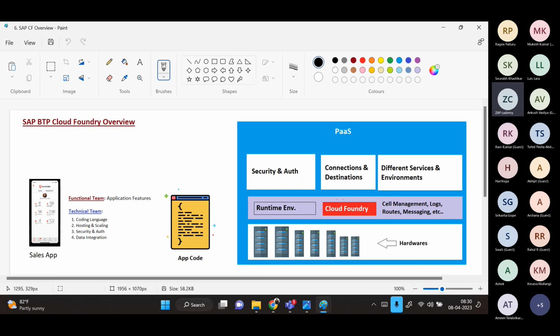Okay. Yeah. So now coming to this slide. With the last slide, what we understood is that if somebody is building an application, let's say a sales application, we have planned that we can use it both in on-premise as well as cloud. Now, when it comes to this, like choosing,